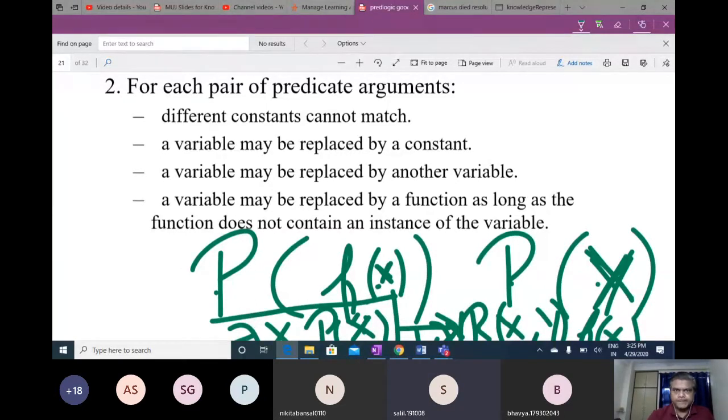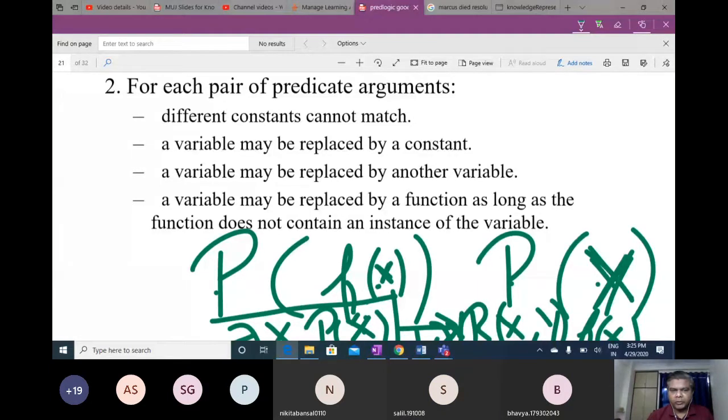Sir, can we relate this problem with the Roman one? One of the statements was like not all Romans are loyal to Caesar, either hate Caesar or loyal to Caesar. So in that statement itself we can apply this, where R represents all Romans, X represents people loyal to Caesar, and Y represents people loyal to that way. No, I didn't understand your question.